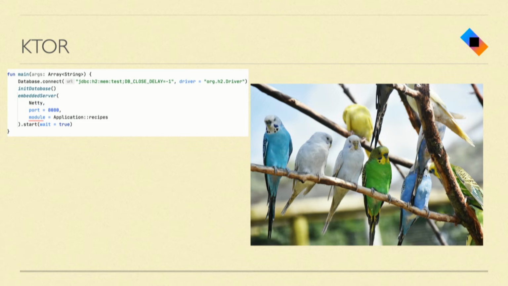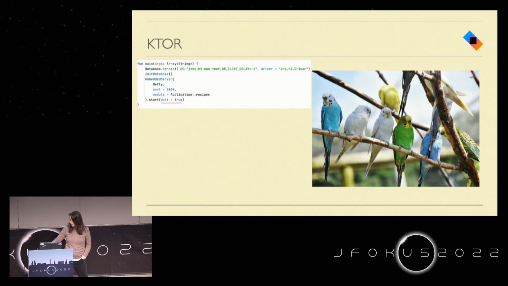And then if you want to inject your business logic, you can just assign some modules to it, which in this case is the recipes module. One of the other configurations that I like the most is that you can wait until the application is all started, if all the above components have started and are healthy. I wouldn't see a case where you don't want that, but at least it's explicit.